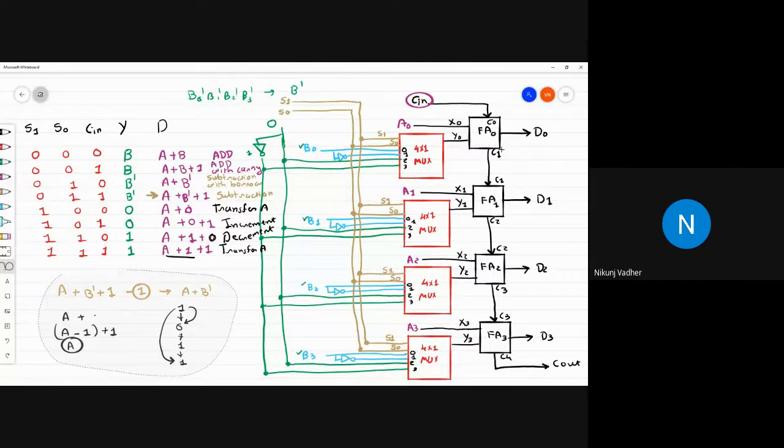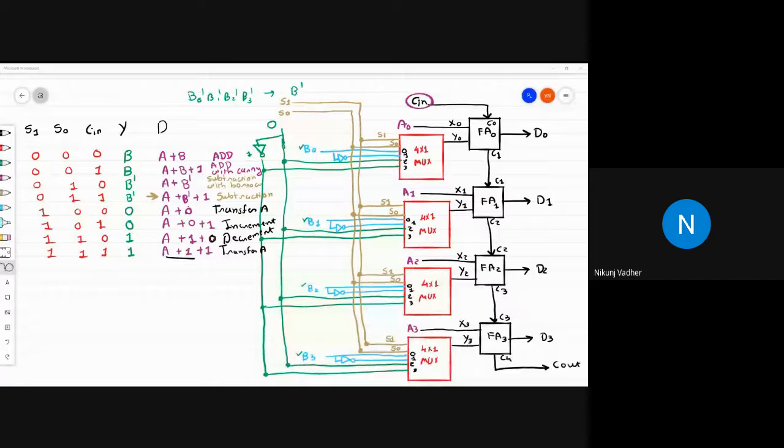Let's have one example of this, so that you have a very clear idea why it will result into increment, why it will result into decrement and all those things. So are you clear with the table? How we have written the table? Don't worry about this increment, decrement and transfer part. We will see that with the example. But at least you are clear how we have written those 8 operations.